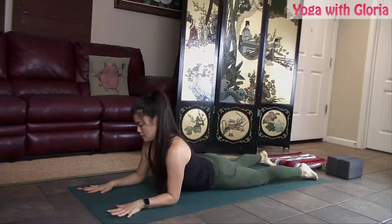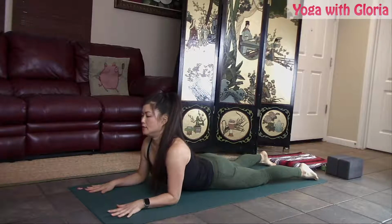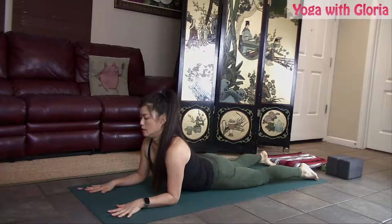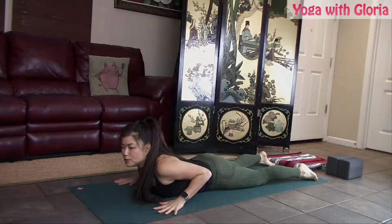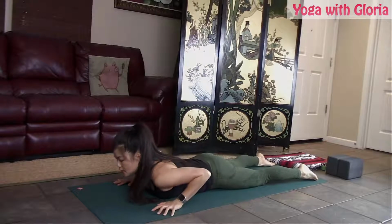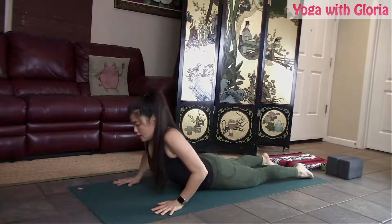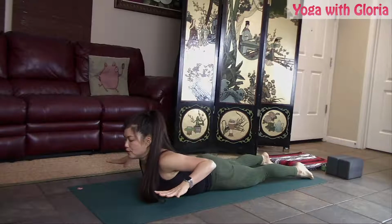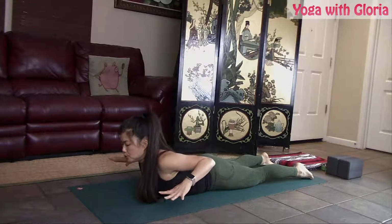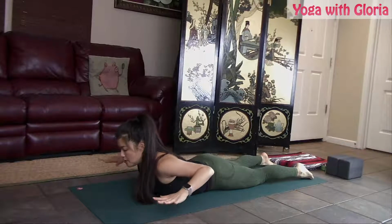Forearms are down, parallel to the sides of your mat, and isometrically dragging it in towards you. And then you're going to sink down and draw the hands a little closer to your underarm pits. And using your posture muscles, keeping the tops of your feet on the floor, lifting up into baby cobra, and then just lift your hands off the floor, squeezing between your shoulder blades and down. One more time, up